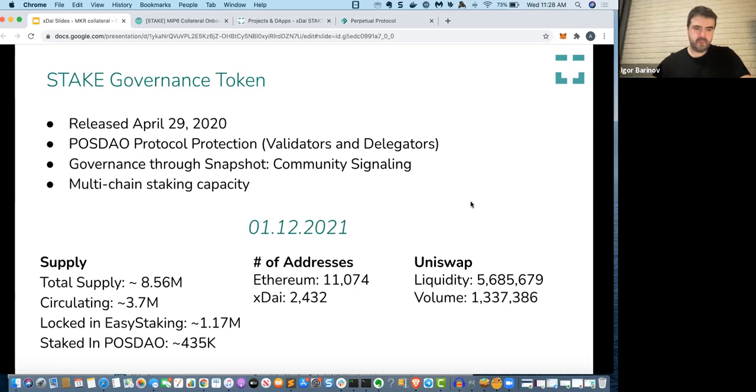But with the current situation that we have right now, we had the idea that the security of a public network should not be a function of the price of the native token, right? Many staking consensuses say the price should go up, because if the price goes down, we're decreasing the security of the underlying proof of stake system. And here we have a live example that that's not always the case.